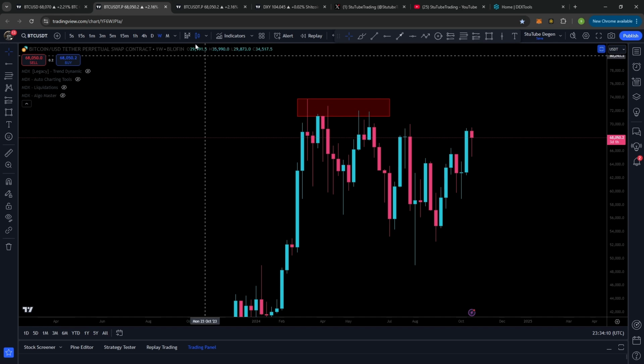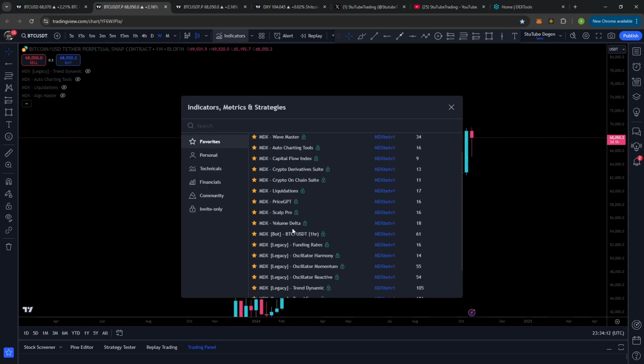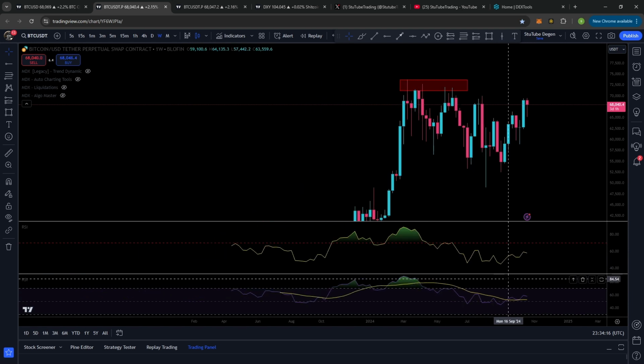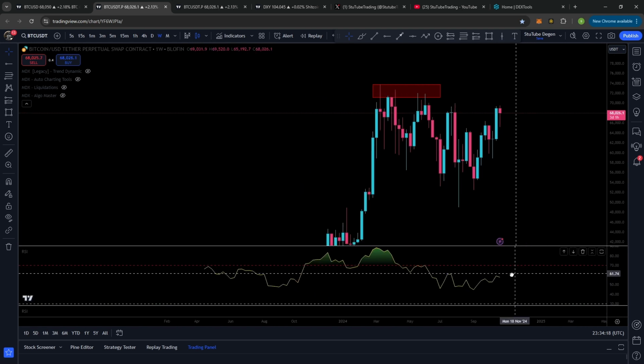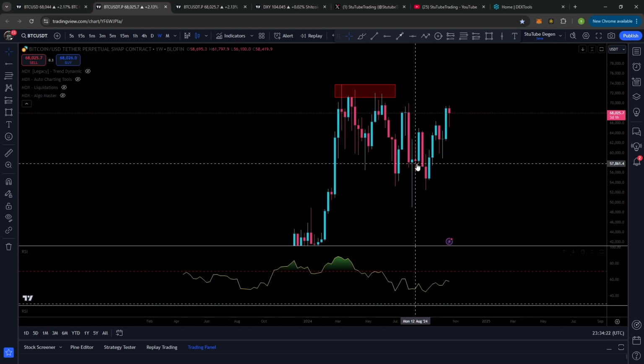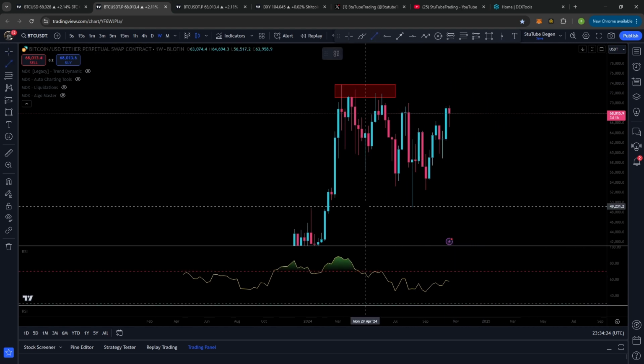Oh, I don't have the RSI up. Let me... Relative strength index. Here we go. Oh, they both came up. So basically, one of my favorite trading strategies, because I backtested it so much when I first started trading,